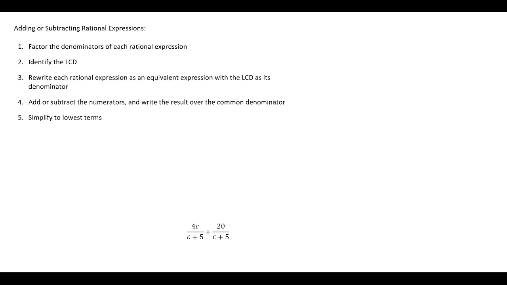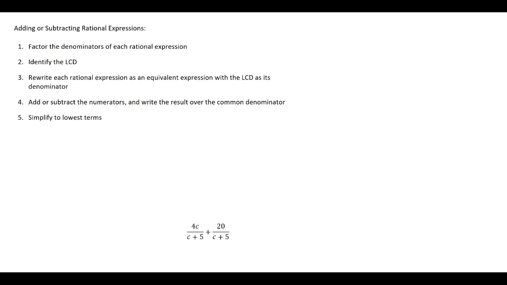Here we are going to discuss adding and subtracting rational expressions. We have already discussed multiplying and dividing them, as well as finding their least common denominator. So now what we need to do is add and subtract these rational expressions. Remember, with any fractions, for adding and subtracting, we must have a common denominator. So making sure that you get the least common denominator is going to be vital when we add and subtract